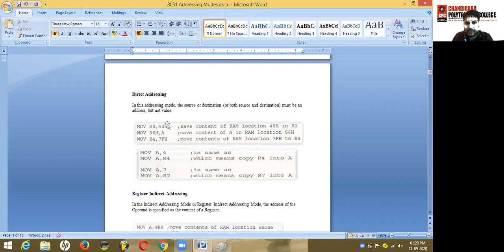If you want to make 40H the content, you have to place a hash sign after the comma and before the 40H. 40H is the memory location, and the content stored in this memory location will be transferred to register R0. That means you are going to save the contents of RAM location 40H in R0.